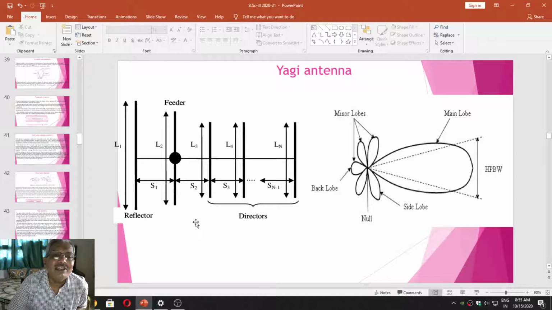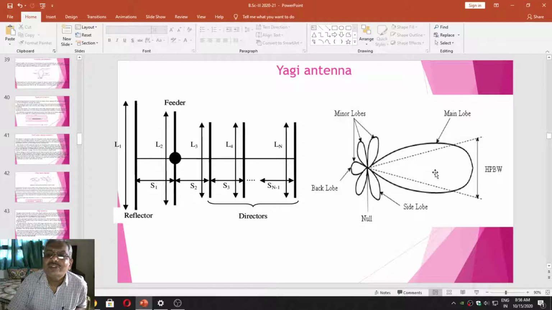If a simple dipole antenna is used, it has a radiation pattern with less directivity. Whatever main lobe or major lobe is represented here, it is highly directional in this particular case. But if it is simply a dipole, this directionality is going to reduce. Hence, by adding the reflector and directors, the directionality of the antenna is increased. It also possesses a back lobe and side lobes on both sides. Those are also called minor lobes.